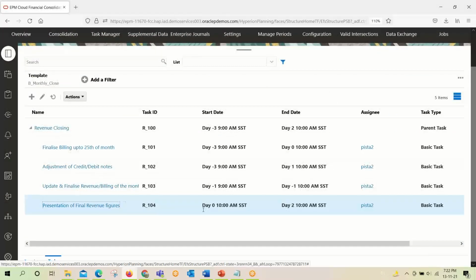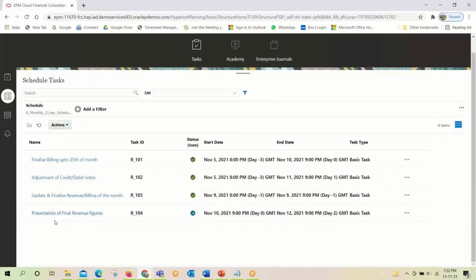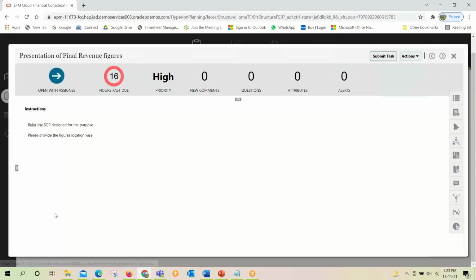Here Pista will go to the Pista 2 screen. He will open the task, go through the instructions or the description if there is any, and submit the task.